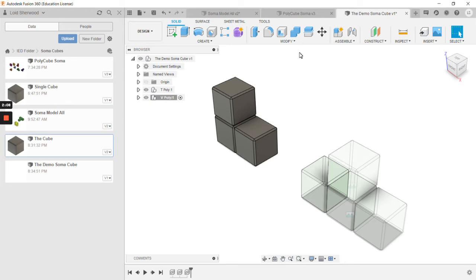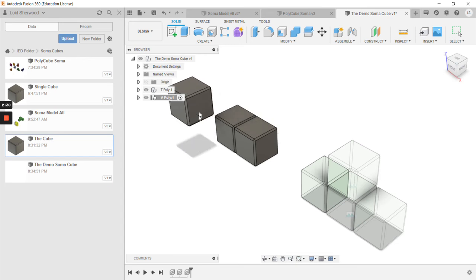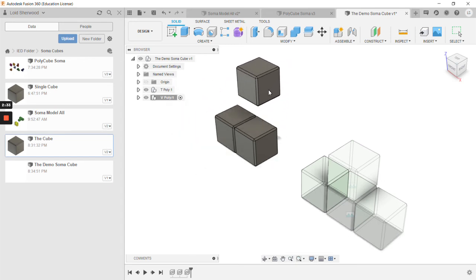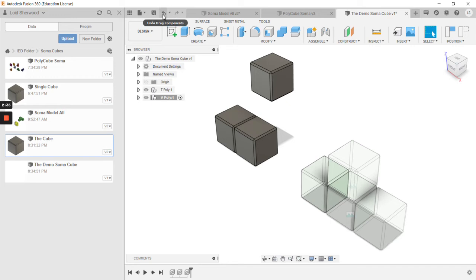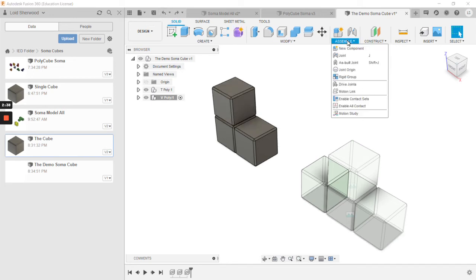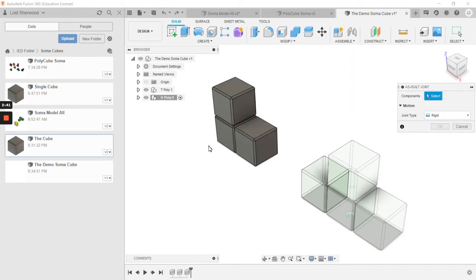If you didn't notice, when we started that active component, the active component turned from up here under the assembly to this sub-assembly or new component, and also grayed out this one, just so you know that. But this one still needs to be assembled, or joined together. It still moves around. So I'm going to actually undo that, and I'm going to come up here and do the as-built joint again, or Shift J. And I click on that one, and then click on another one,